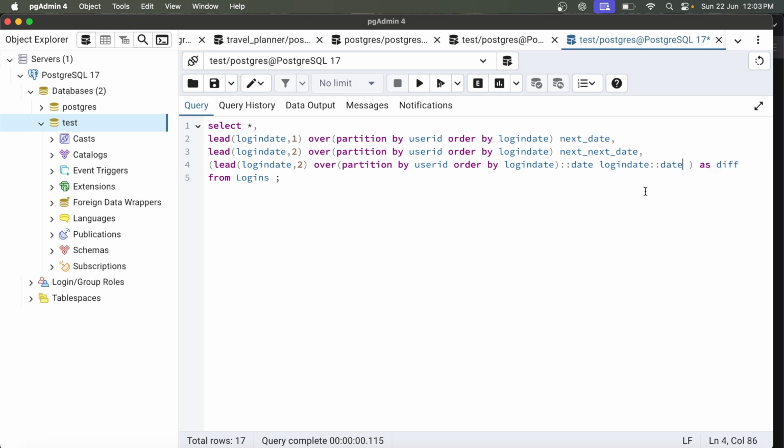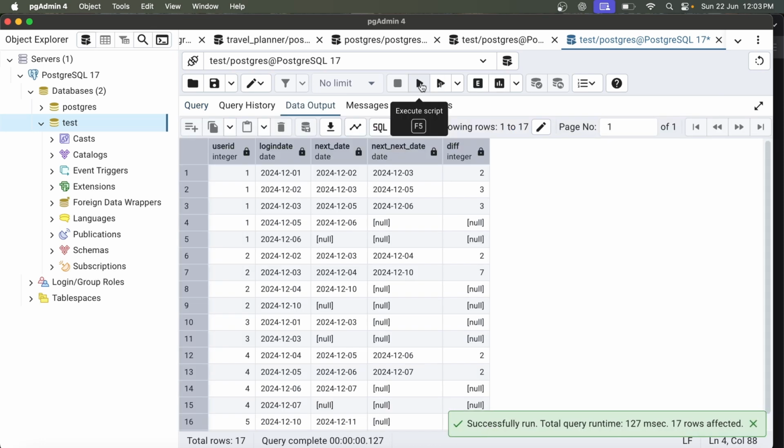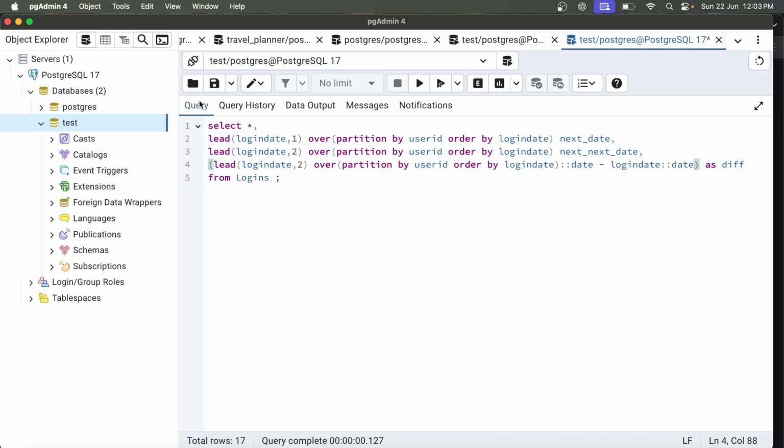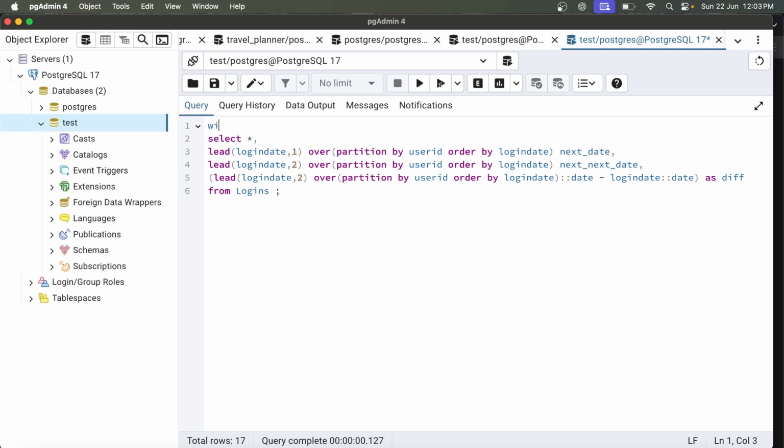Okay, now the difference, execute the code. So we'll pick all those where the difference is 2, because difference 2 means that there is 1, 2, and 3 consecutives. So I'll store this into a CTE, with CTE, as mentioned here,